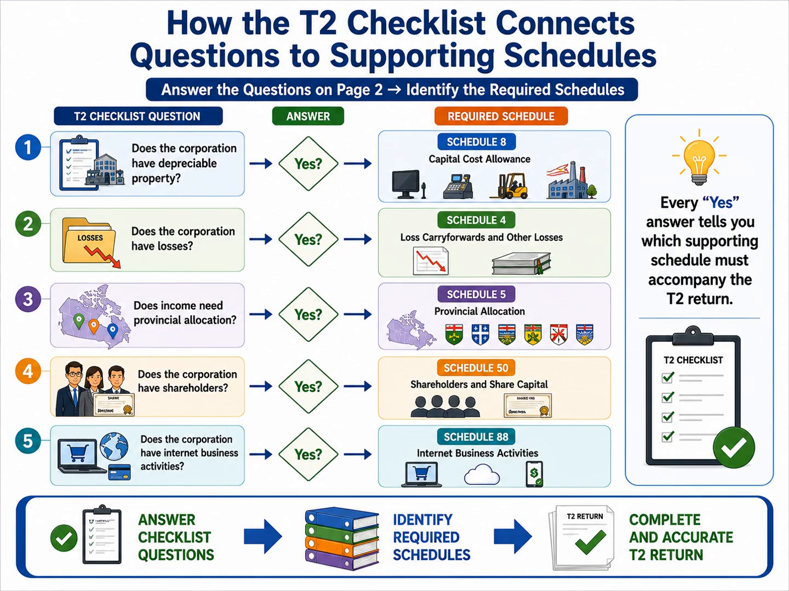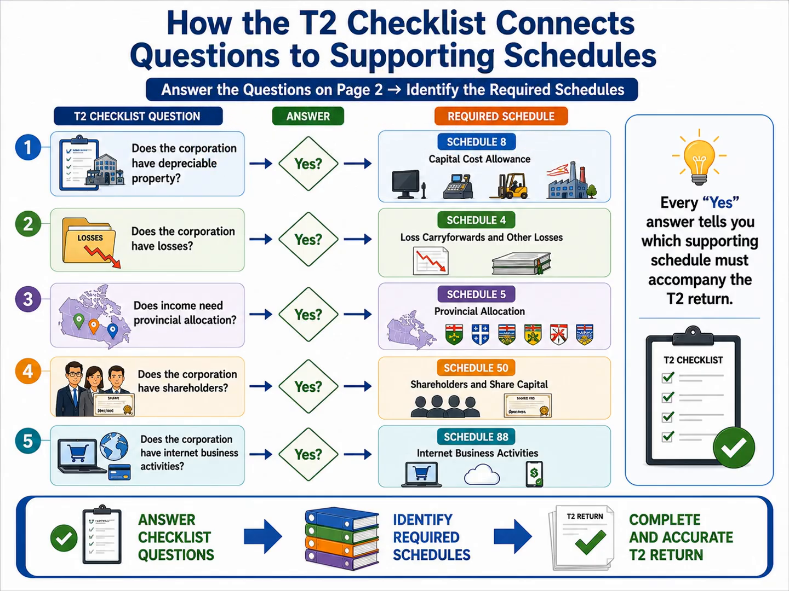This is why experienced tax preparers never try to memorize every possible schedule. Instead, they simply answer each checklist question carefully. The T2 return itself guides them toward the correct supporting schedules. In other words, every yes answer points to another piece of the corporate tax return. By following this structured approach, you can identify the required schedules, complete them accurately, and confidently prepare a complete and